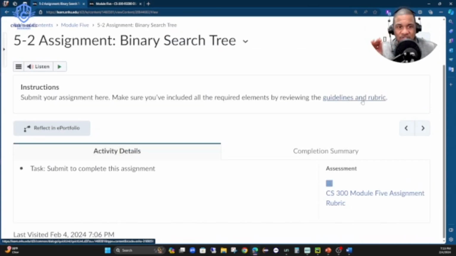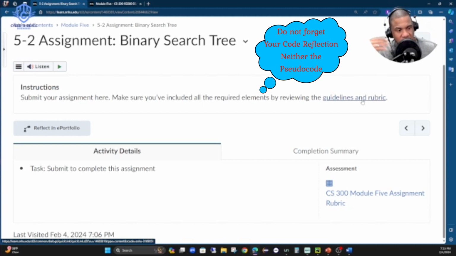Rubrics. As you know, I follow the rubrics because that's what the school actually demands me to do. That's a requirement. So when I'm evaluating your assignment, I'm looking into what the rubric actually says, and if you meet the rubric criteria, please don't forget about the rubrics. You have your code reflection, or I would call it code analysis. Write it. Some of you, sometimes you do everything, but you forget the code analysis, you forget to submit the pseudocode,